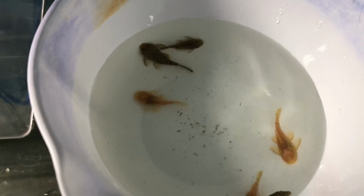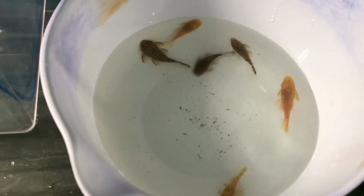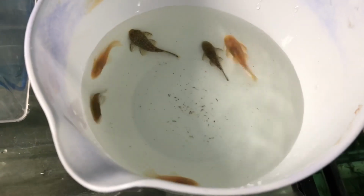But here's a little shot of these guys. I caught 3 albinos, 3 commons. It worked out perfectly. But I'm going to take a picture of these guys. They will be on my website,